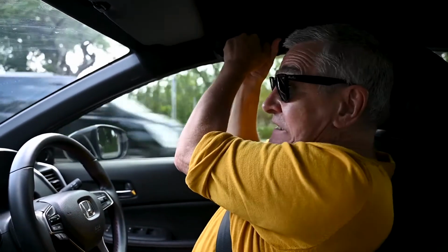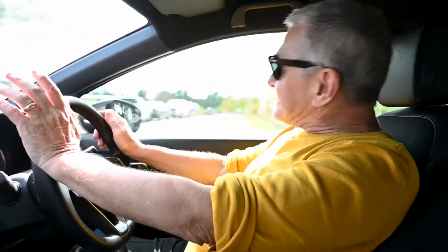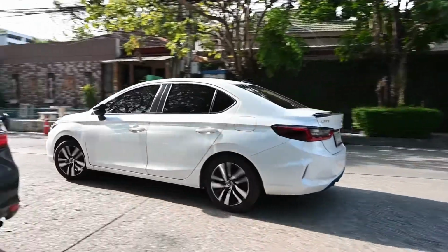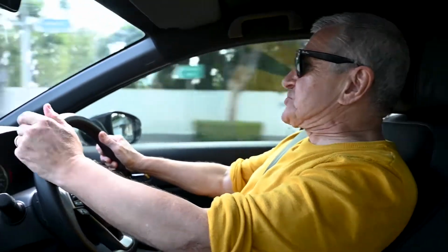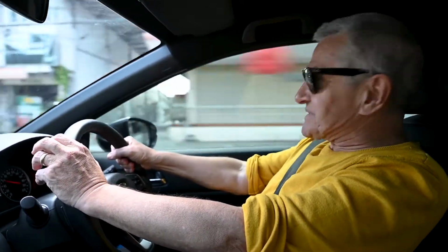including the grab handle. Look, yeah. Now I can, yeah, for my biceps. Grab handle, must have for the driver. Steering, light but responsive. Front wheel drive, of course, but again, the 1000cc 1 liter engine, thanks to the turbocharger, lot of power on tap, which once you get out of Bangkok and hit the highway, yeah, it's power